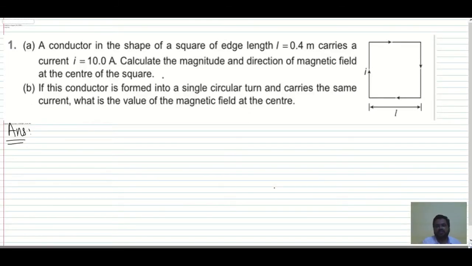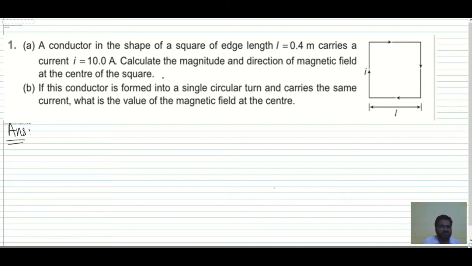So in this video I'll be taking the problems related to magnetic effect of electric current, and mostly I'll take problems based on Biot-Savart law. And what is Biot-Savart law? It gives the magnitude and direction of magnetic field. For a finite conductor we have mu naught I divided by 4 pi r into (sin alpha plus sin beta). If you want the derivation of that formula, you can click on the links which I provided in